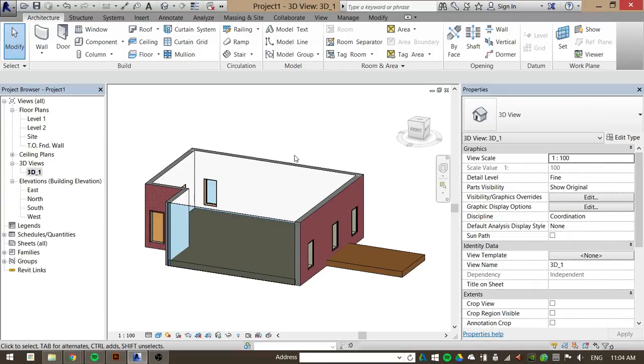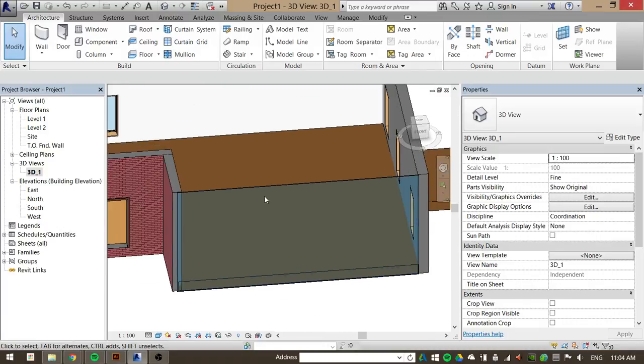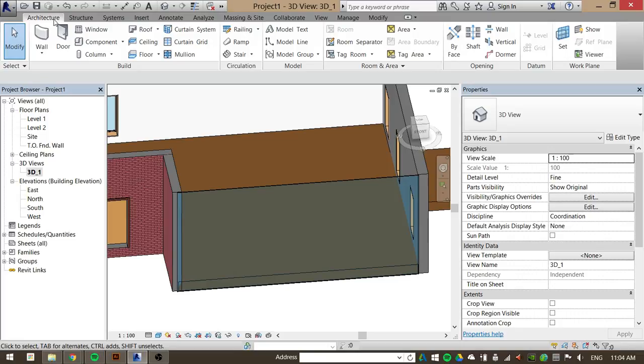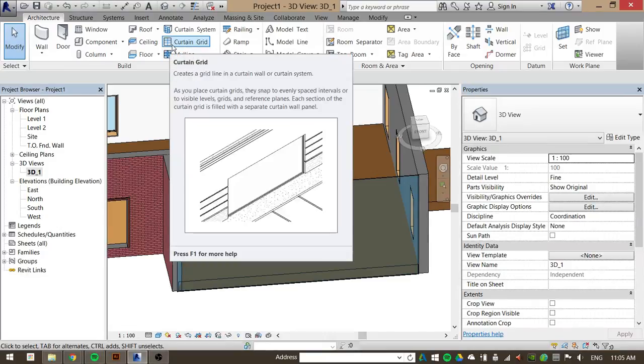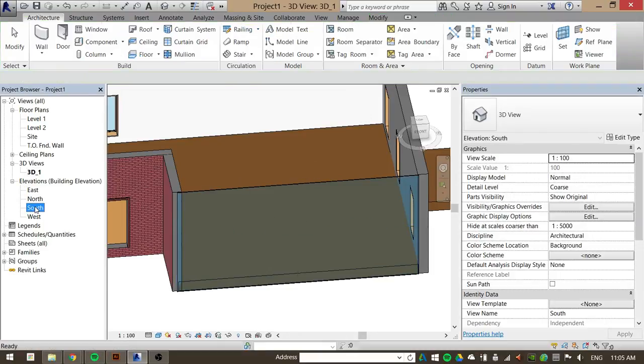Okay, so curtain walls, let's say you have really big walls or something on your building and you want to use the curtain wall as a means to represent that. In the architecture tab, you'll notice there's a curtain grid and then mullions. Mullions attached to a grid. So if you select that grid tool, what you can do now is